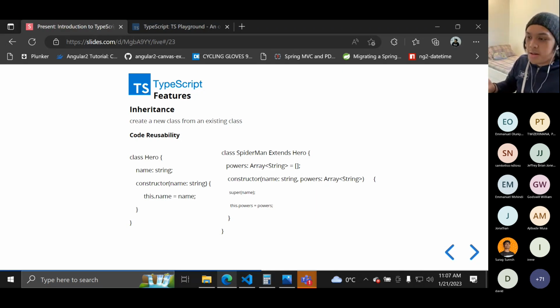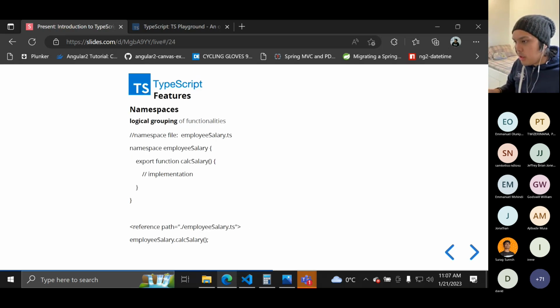Basically, Spider-Man is a hero, so he has a name. We just want to extend it. In this case, we can access the name property of Hero in the Spider-Man class. That's basically what extends or inheritance is for. The most important rule here is that the property you want to access should be public or protected.